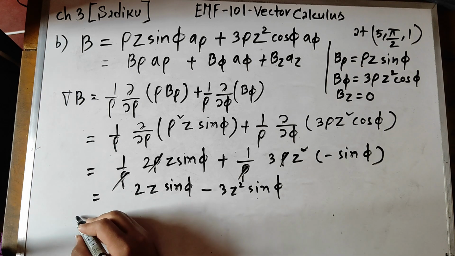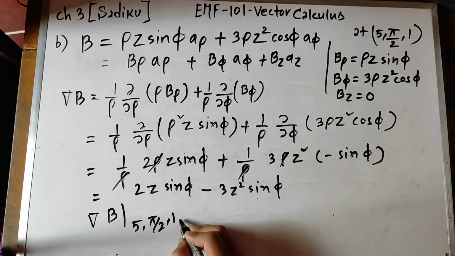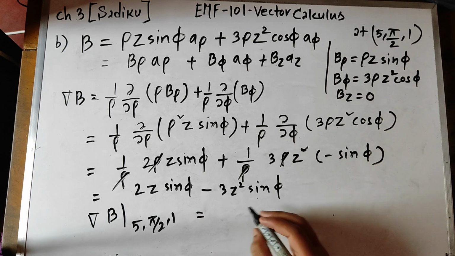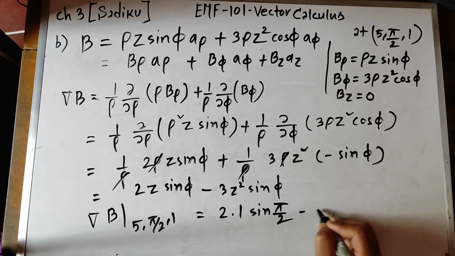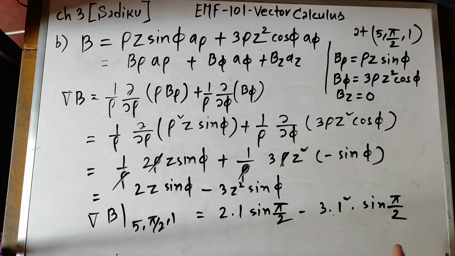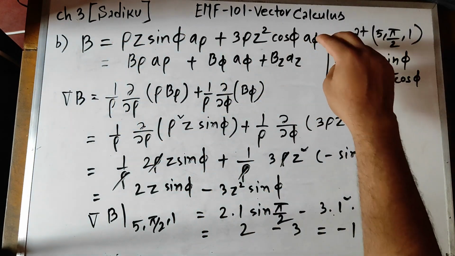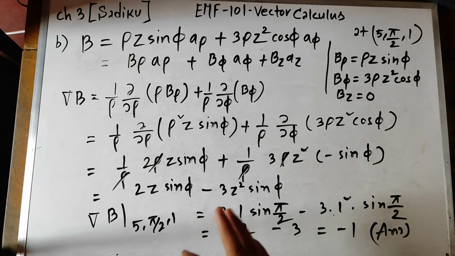At the point 5, pi by 2, 1, we get 2 cross 1 sin pi by 2 minus 3 cross 1 square sin pi by 2, which is 2 minus 3. So the divergence of vector field B in the cylindrical coordinate system is 2z sin phi minus 3z square sin phi, and at the point 5, pi by 2, 1, the magnitude of the divergence is -1,